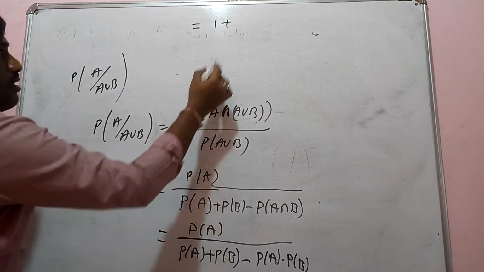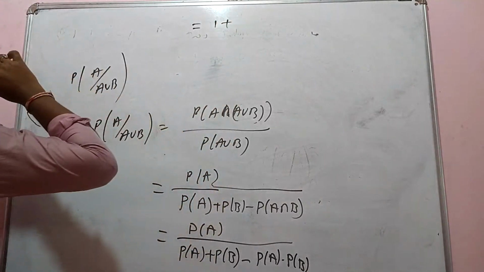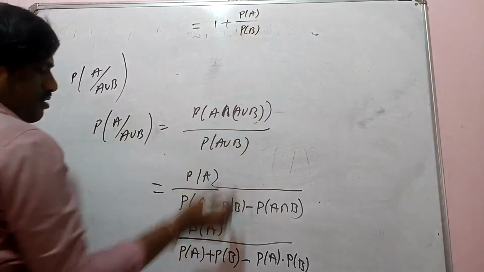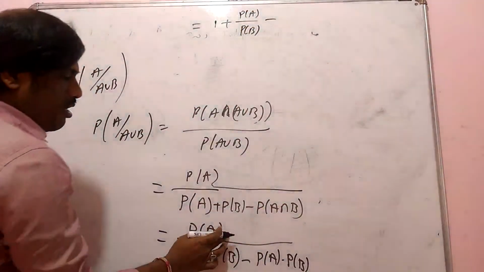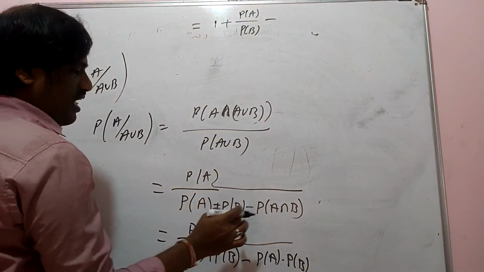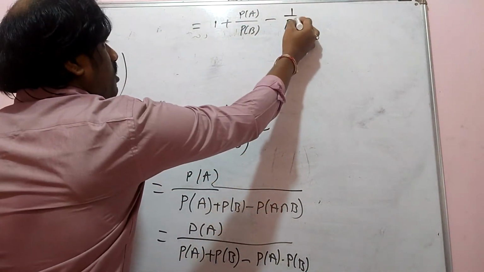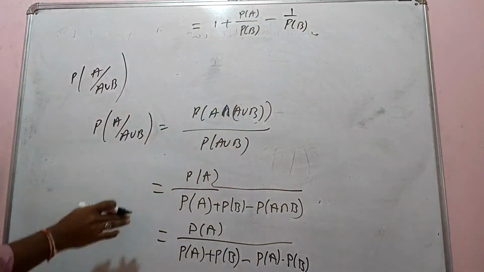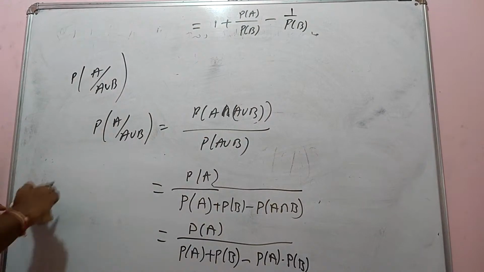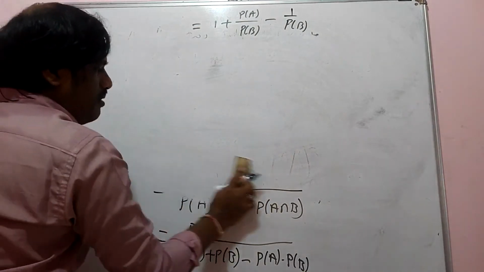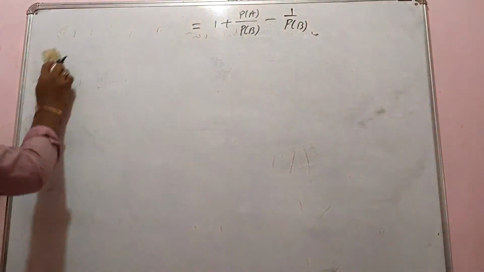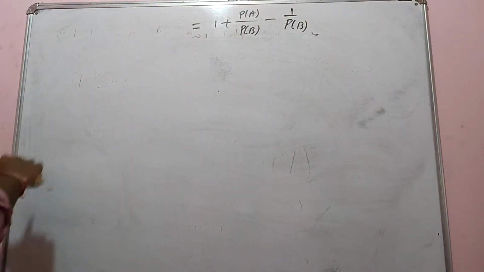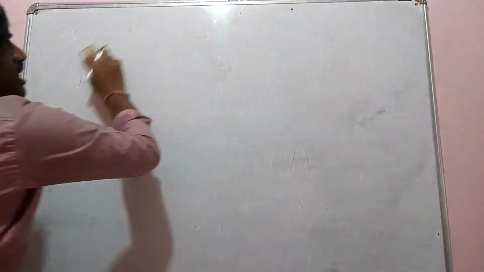Probability of A upon B, they have given some values for probability of A, they substitute it. Probability of B, and here probability of A cancels. So I get 1 by probability of B. So these A values, B values are there. You substitute in that and simplify. That value and option D will not be correct. Probability of A is 1 by 3, they have given something, probability of B they have given something. Substitute in that, you are not going to get the same answer.